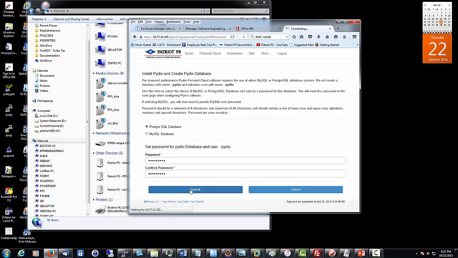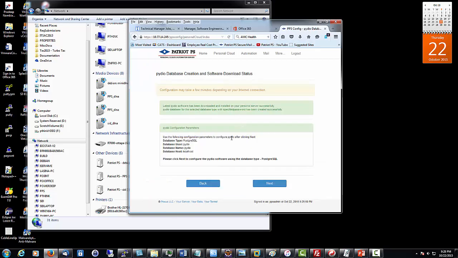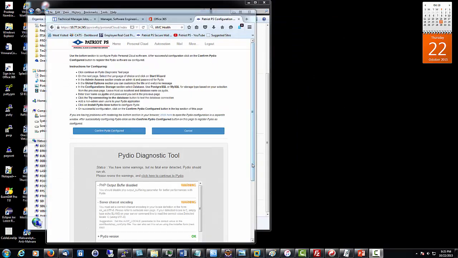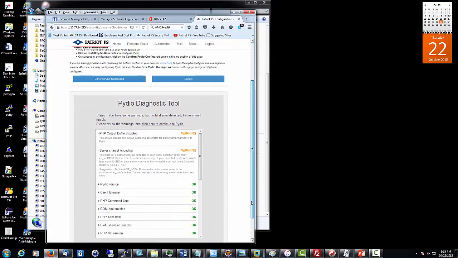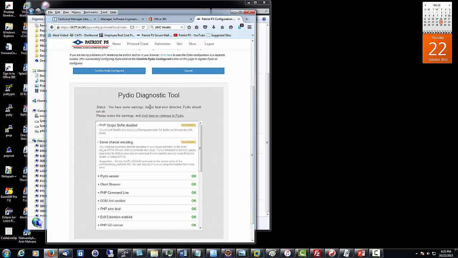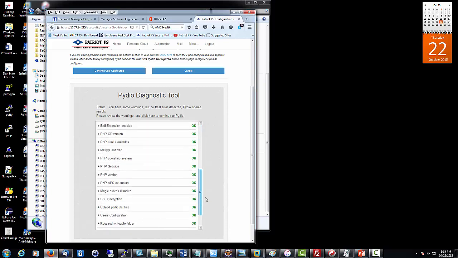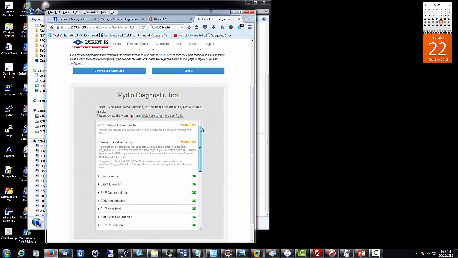Click on Submit. Once the creation of the database and the download of the software is complete, click on the next button. This screen has two sections. On the bottom section you would see the configuration for the Pydio screen. The first page basically gives the status of your personal server. Click on this link, Click here to continue to Pydio,